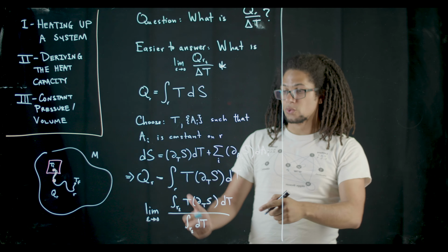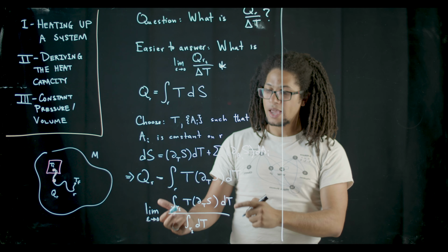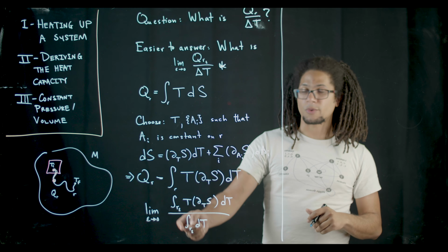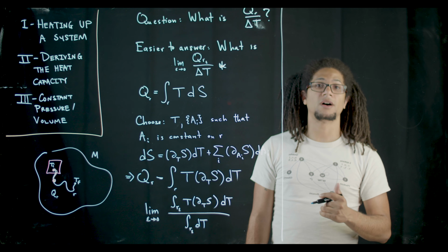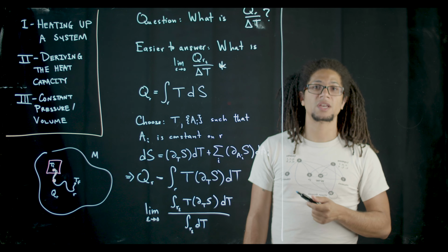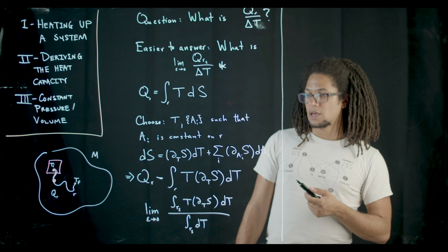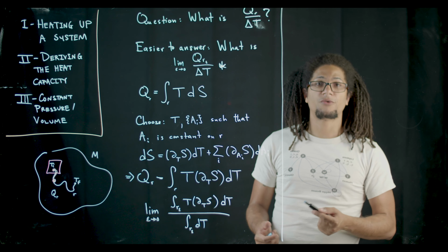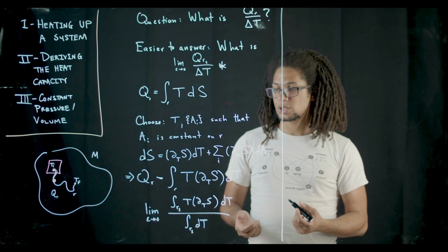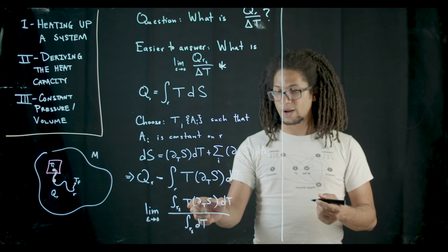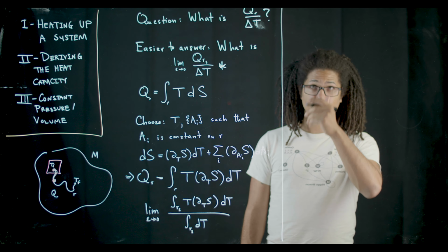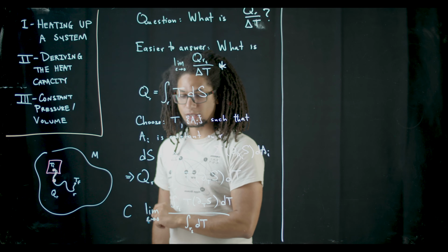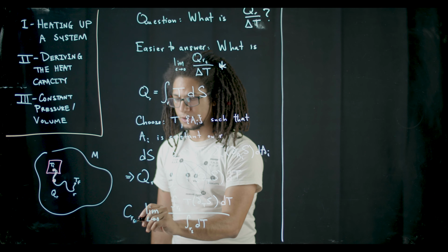L'Hopital's rule says that we need to take the derivative of the numerator and the derivative of the denominator. And the limit of this expression is exactly the same as the limit of the ratio of their derivatives if that limit exists. So we're in good shape here, because if I take the derivative of an integral, the fundamental theorem of calculus applies. And so what I eventually get is simply the ratio of the integrands after I do L'Hopital's rule. So if I say that this limit is equal to, and I'll say this somewhat suggestively, c sub r epsilon,